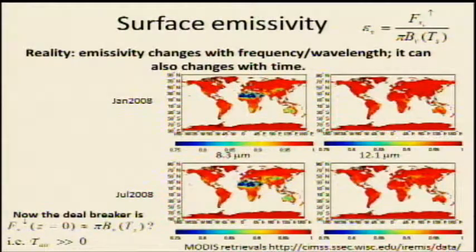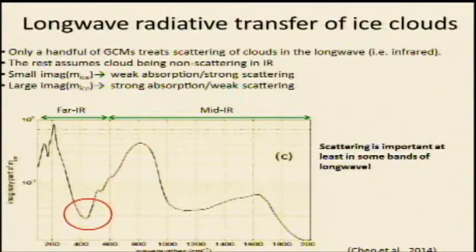So now, if you take this into account, the deal breaker is how true this one is, because we know in reality the surface emissivity is not 1. So if this one is still true for most of the area and most of the frequencies, then the previous treatment is still reasonable. The question is how good this one is. So let's just leave it as a question mark there